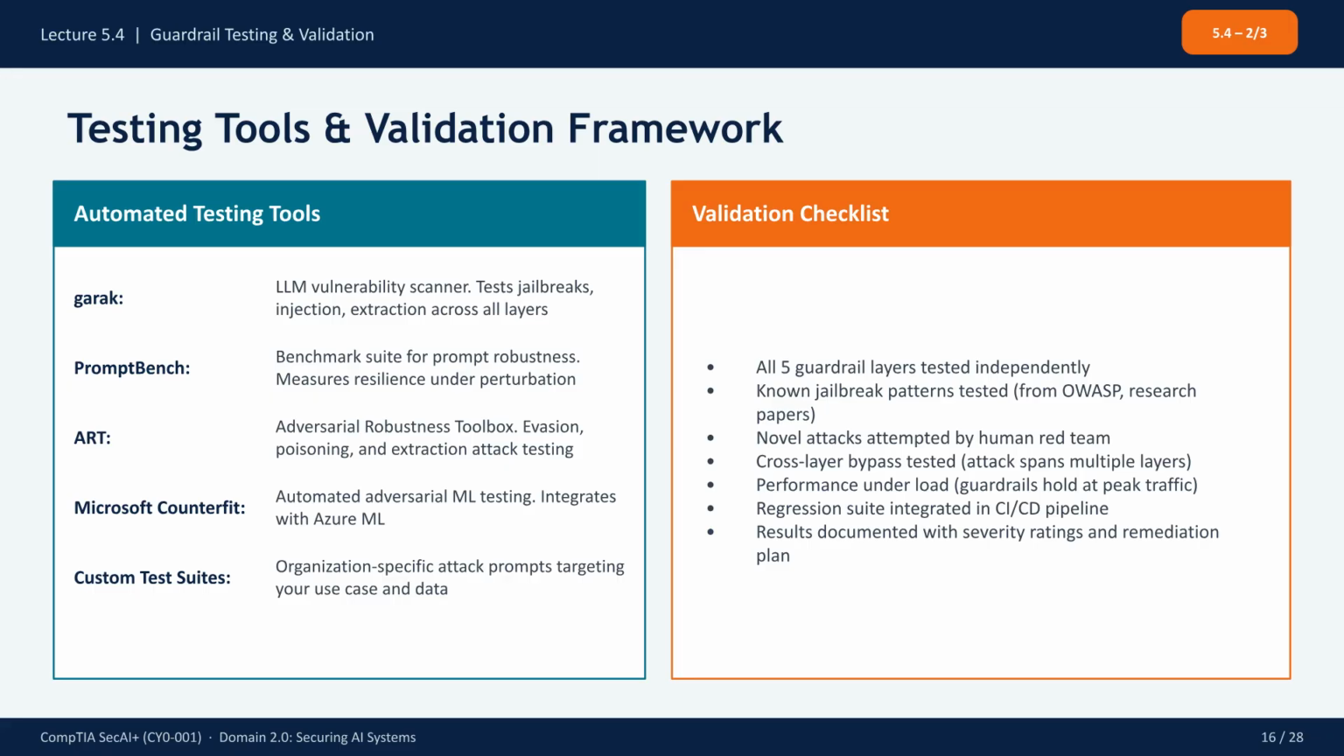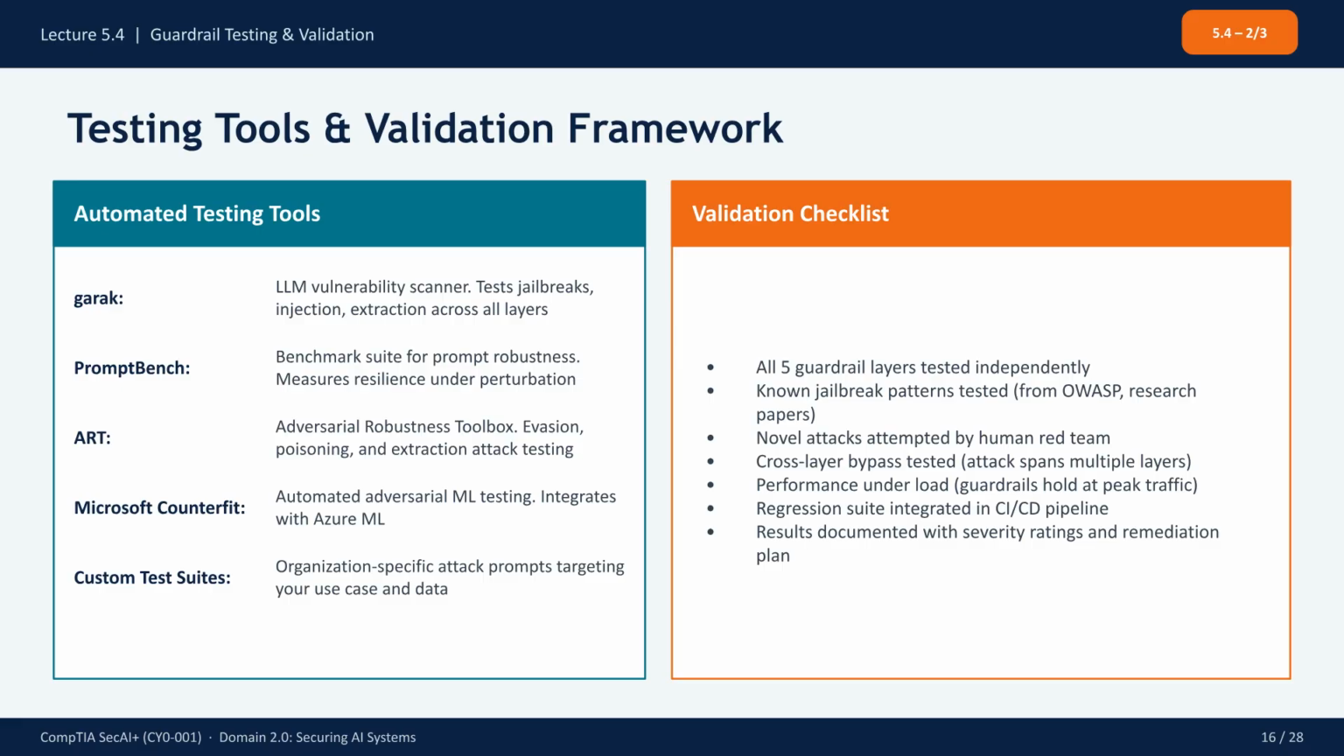On the right, the validation checklist. This is what a complete validation looks like. All 5 guardrail layers must be tested independently. Known jailbreak patterns from OWASP and research papers must be included. Human red teamers must attempt novel attacks. Cross-layer bypass testing is critical because real attackers do not limit themselves to one layer. Performance under load must be verified to ensure guardrails hold at peak traffic. The regression suite must be integrated into your CI/CD pipeline, and all results must be documented with severity ratings and